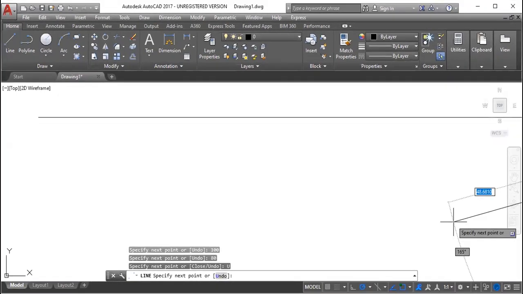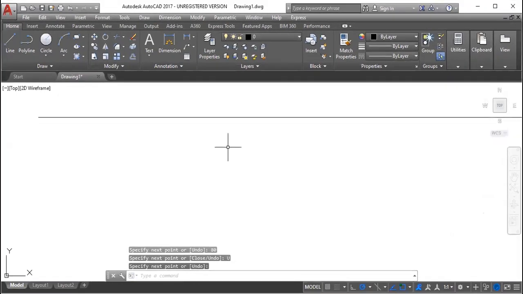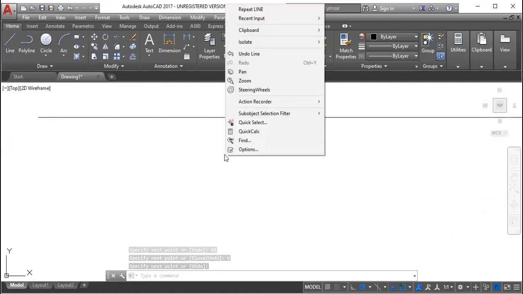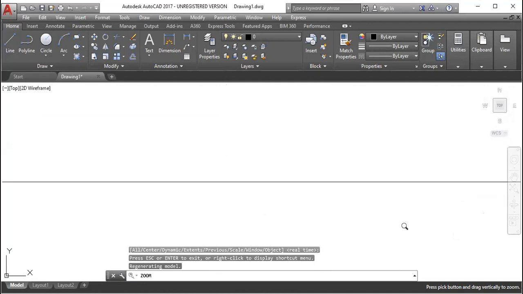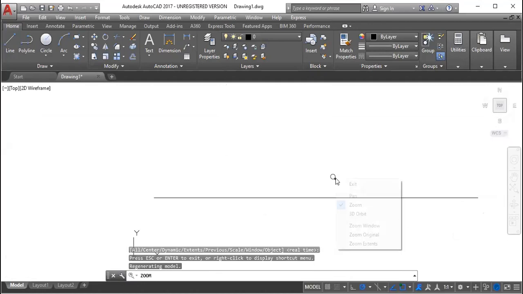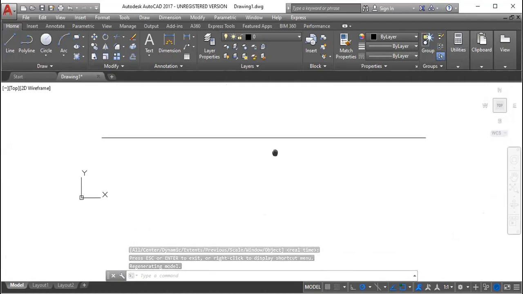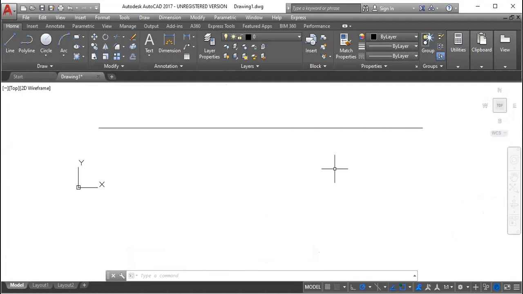Now what I can do first, let me terminate this so that I want to be able to see the end. You can see that you cannot see the end of the line. I want to be able to zoom so that I can see the end, and I can do zoom extent. I want to exit the zoom, and I want to pan. Press the rolling ball on your mouse, and